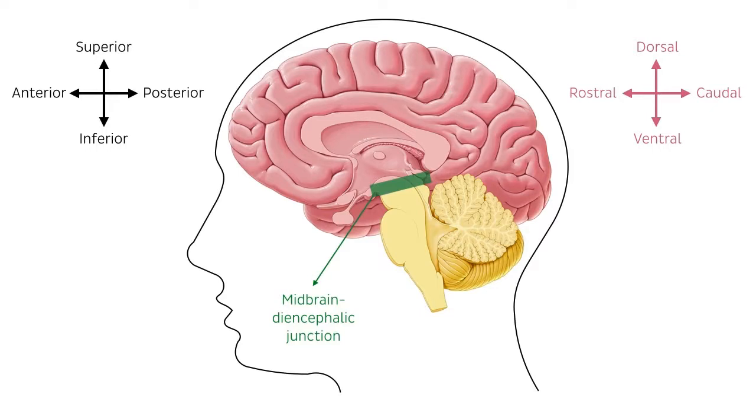Above the midbrain, those directions can be interchanged with dorsal, ventral, rostral, and caudal, respectively. For structures located below the midbrain, we can either use the superior, inferior, posterior, and anterior compass for directions, or use the terms that have similar meanings such as rostral, caudal, ventral, and dorsal. I mean, why have one word to describe location when you can have two, right? And to make it even more fun,